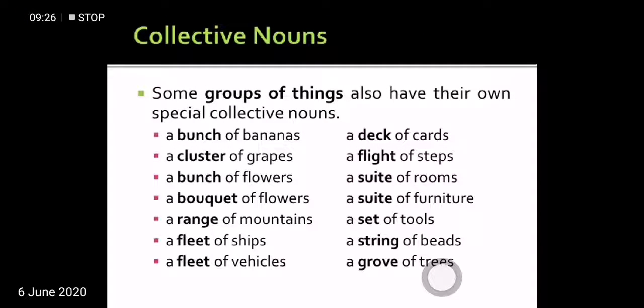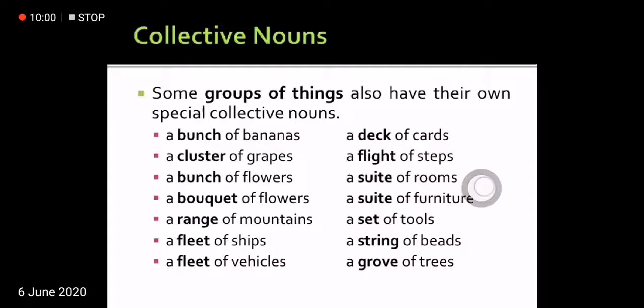Let's move further. Some groups of things also have their own special collective nouns. We have examples here. A bunch of bananas. So you might see here vegetables, fruits, and other things, and they too have collective nouns. They too have their respective beautiful names. For example, a bunch of bananas, a cluster of grapes, a bunch of flowers, a bouquet of flowers, a range of mountains, a fleet of ships,